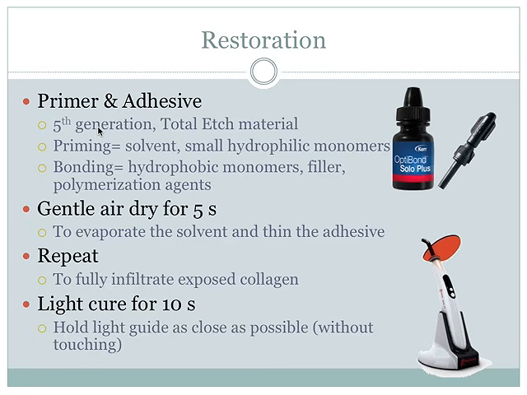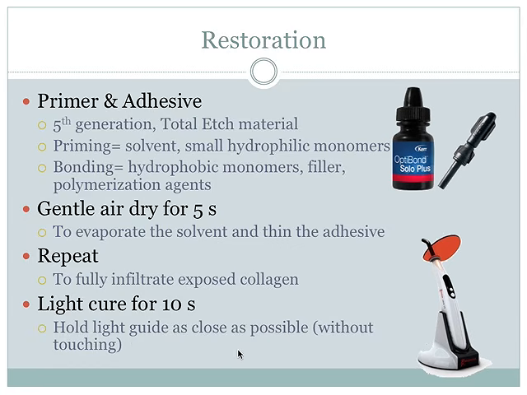If you're using a 5th generation material, which is basically a 1-bottle system, it combines the primer and the adhesive. You would apply this with a little micro brush. You could gently air dry it to evaporate the solvent, thin out the adhesive layer, and then reapply it to be very thorough. Make sure you're infiltrating all of those exposed collagen fibrils of the dentin, and then light cure it for 10